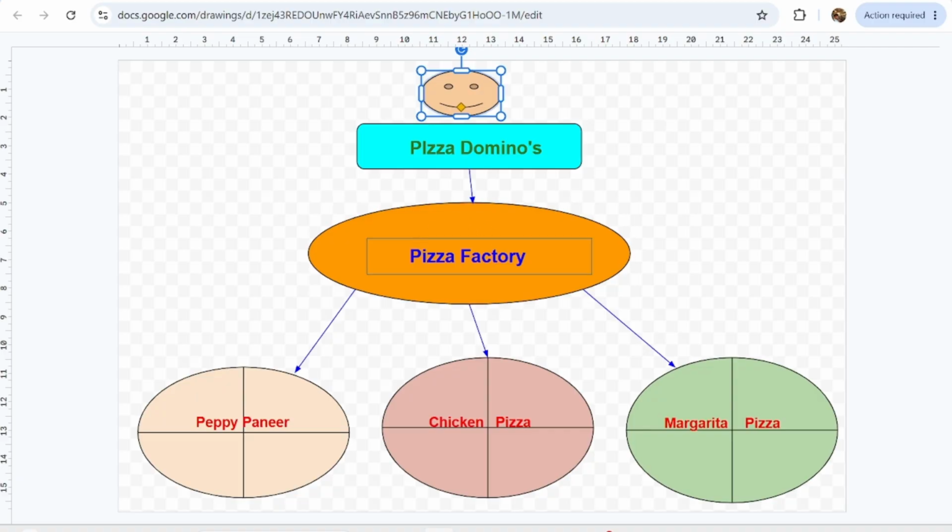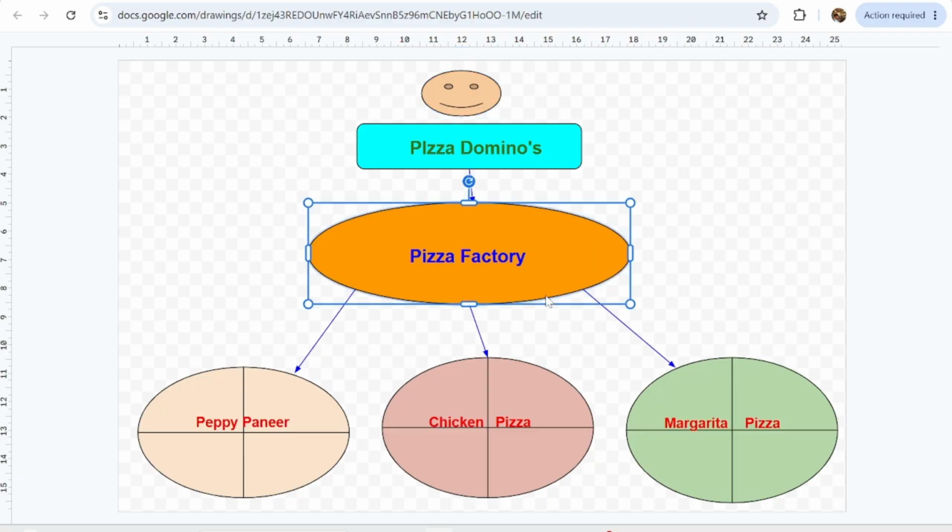So internally it will use the factory method. This is the factory method guys. Internally it will call the actual factory methods. So it will create exactly the pizza that was the customer requirement guys.